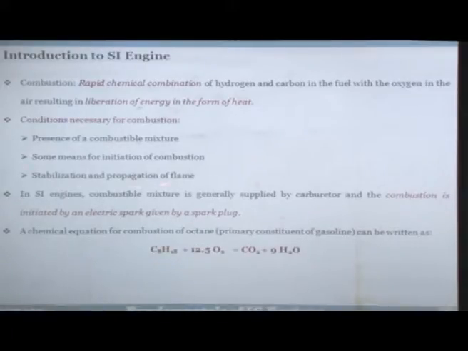And then what does the ignition do? It just initiates. There may be conditions that if you have initiated the combustion, but there is too much turbulence. So, what will happen? It will get extinguished, right. You must have seen that if you lit a candle and if there is too much wind, it extinguishes. Same thing happens inside the engine also.